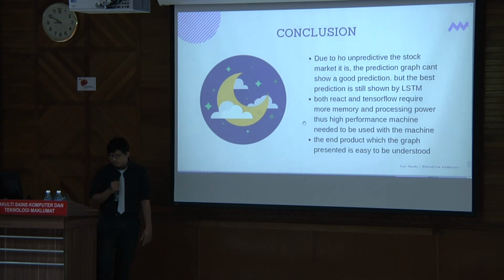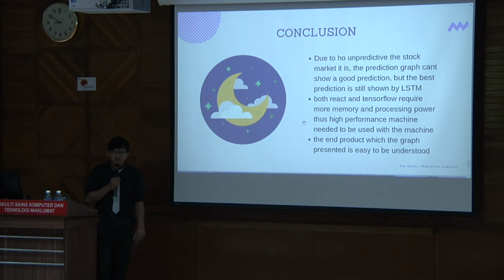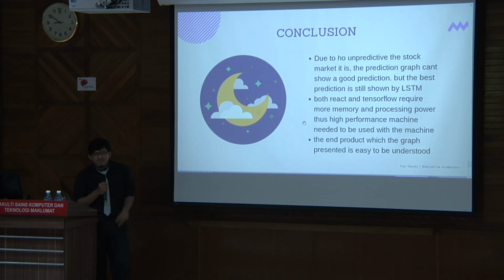Okay, maybe for the first one, actually I have to mention that this is today's data. So this is the data that I grabbed yesterday. So it's Facebook data. So there have been a lot of things happening in the USA with the trade war and stuff. So the market became very unpredictable.